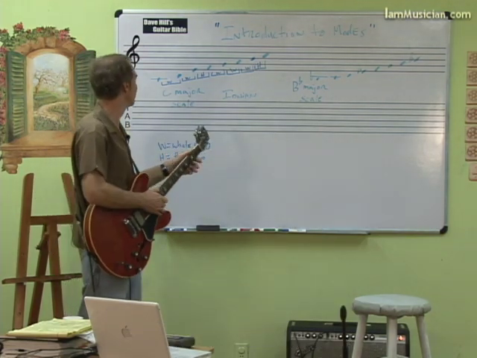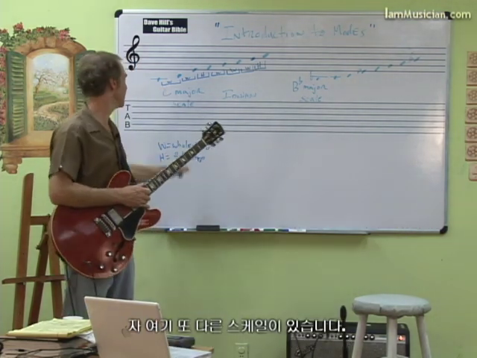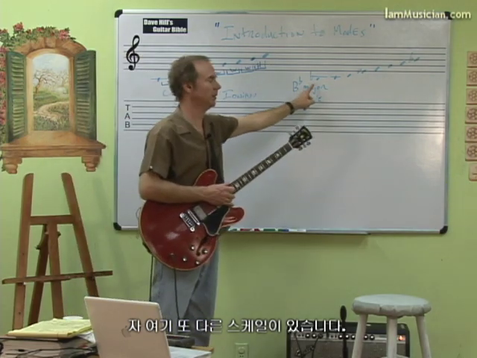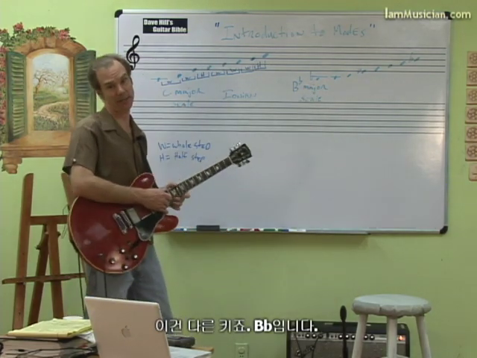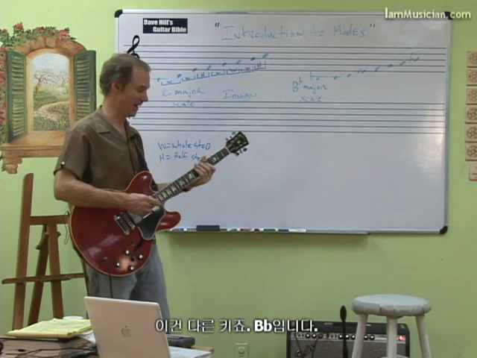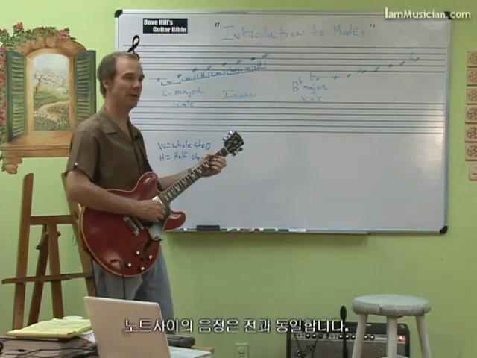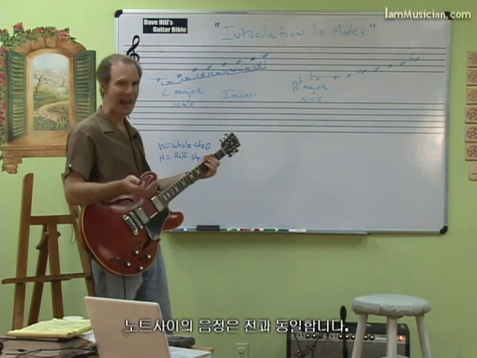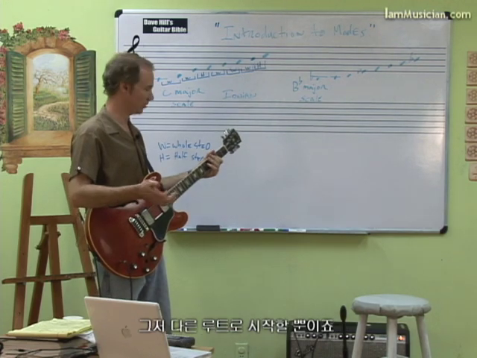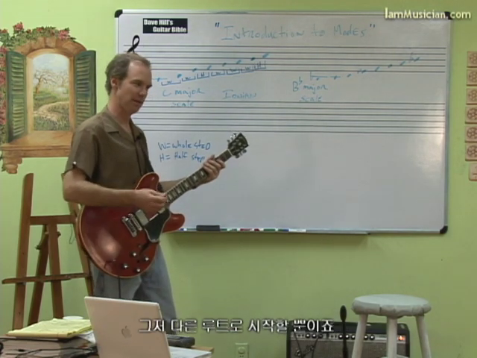So what I've done here, just to show you to compare, is I've got another major scale written over here. Okay, now notice that it's in a different key. It's written in the key of B flat. So the relationship of the notes are exactly the same, but they're starting on a different tonic. So if you started on B flat,